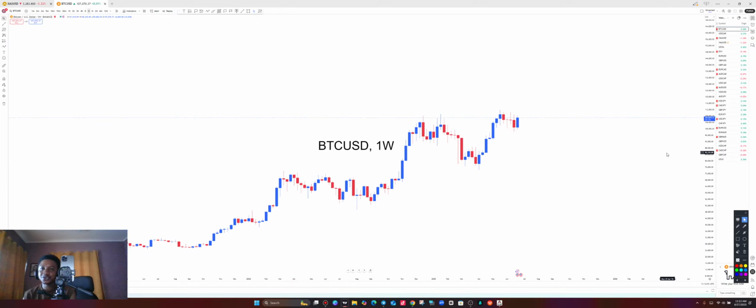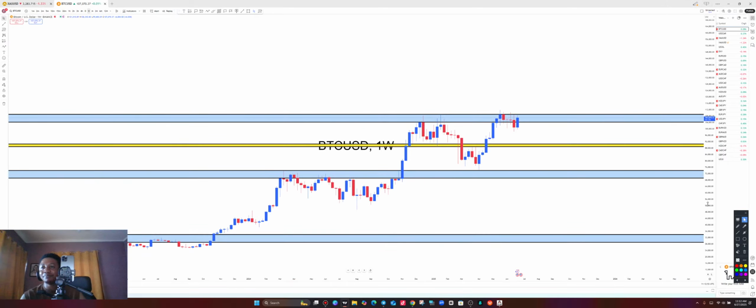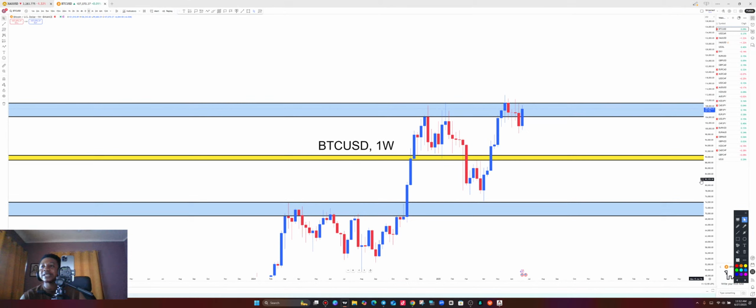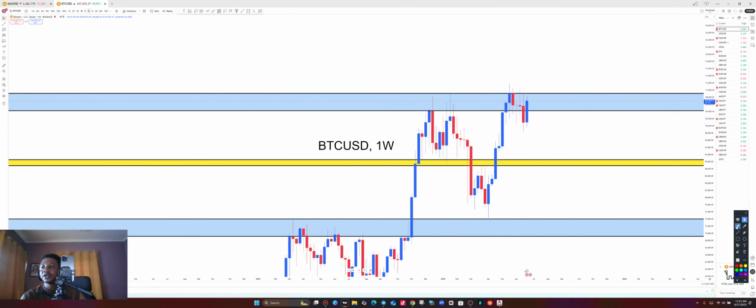All right, so this is also the weekly time frame of BTC USD. Now BTC USD on the weekly time frame, price is moving in an uptrend. When price broke above this weekly resistance level, it started to move in an uptrend, because initially it was a downtrend. This was lower low, lower high, equal low, equal lower high, but it didn't drop.